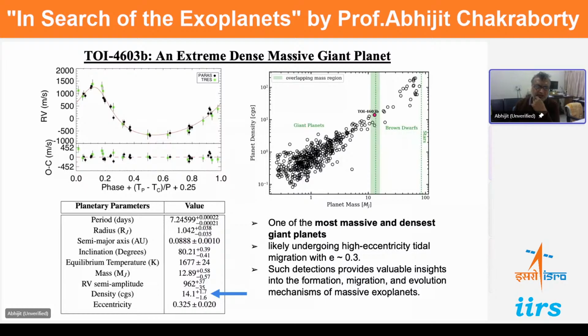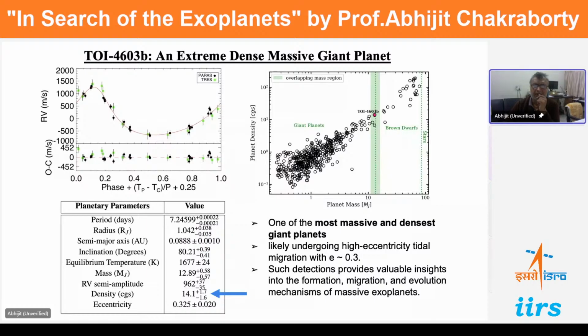Its mass is about 13 Jupiter masses. So this is, till date, the most dense planet known to mankind, and it is going around